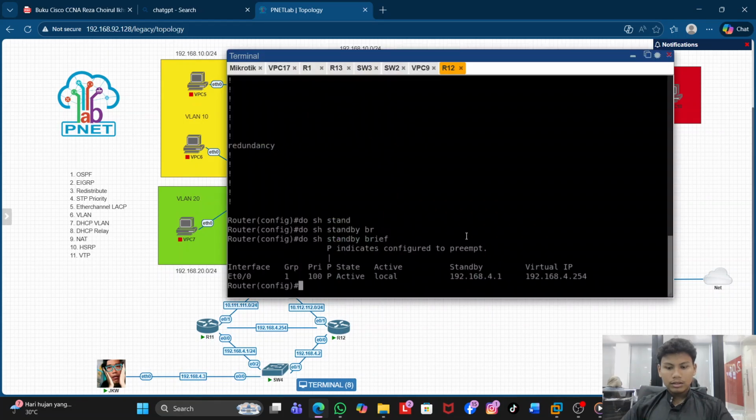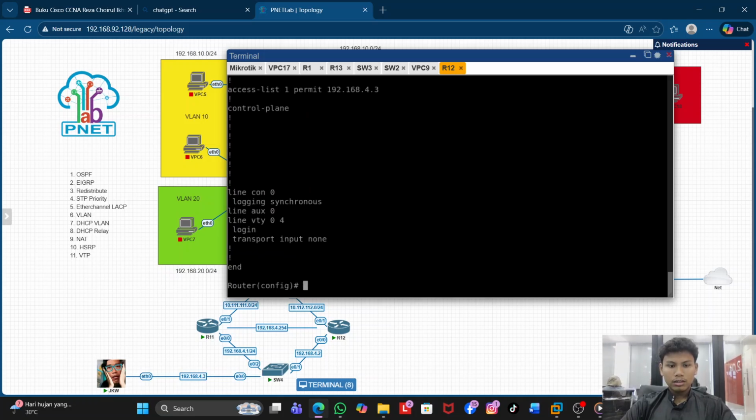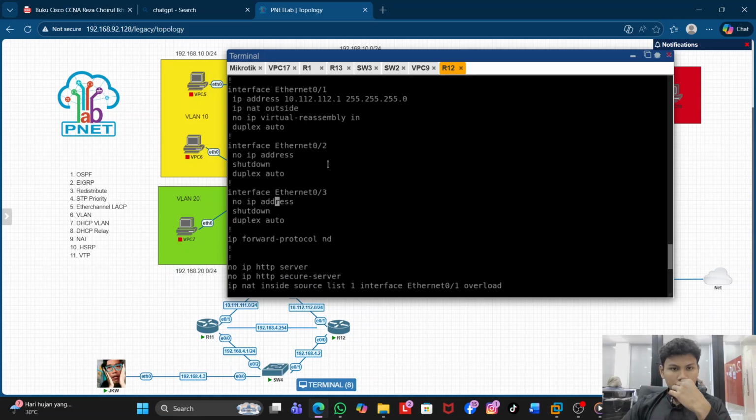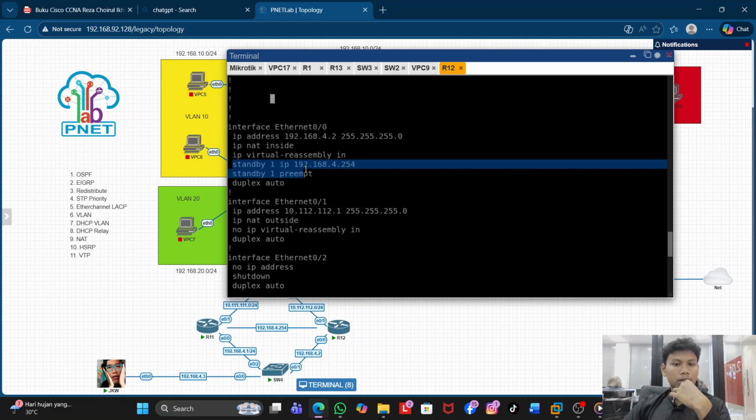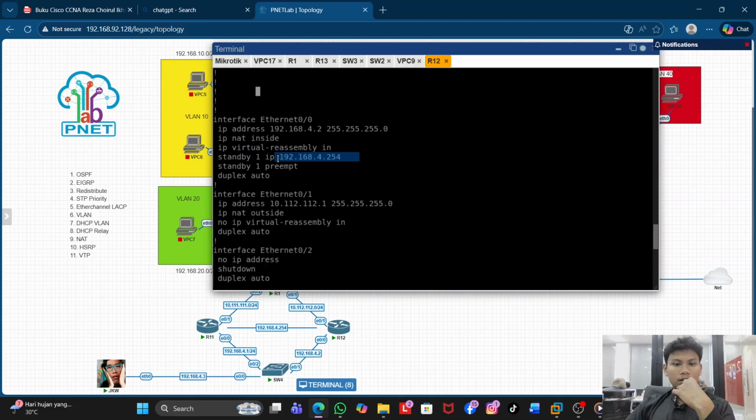Here's the config. This is standby 1 IP. This is the virtual IP, because there is no interface with this IP, so it's virtual, because we use HSRP and standby 1 preempt.